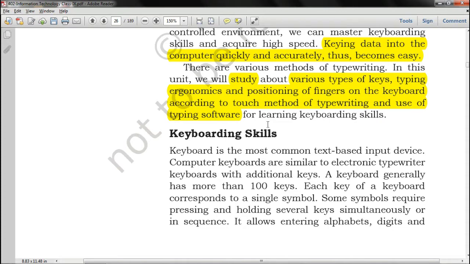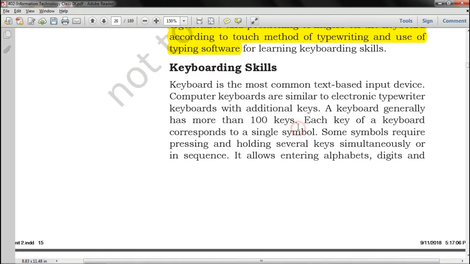So you might have seen in your keyboard you have different kinds of keys, right? The escape key, the function keys, the numeric keys, alphanumeric keys, the special symbol keys. So a keyboard generally has more than 100 keys. This is the basic layout, right? 100 keys per keyboard, but it's not the same. You might have a multimedia keyboard with 103 or 104 keys, and depending on that, we have different layouts of a keyboard.